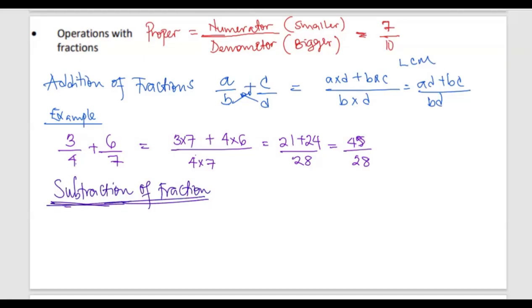Subtraction of fractions. We shall also look at the LCM, but the symbol changes. We shall go straight into the example, the normal example. Example, let's say we have 10 over